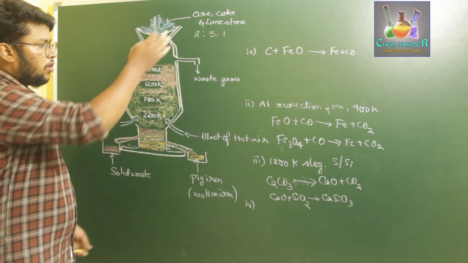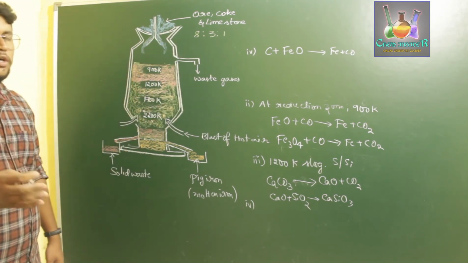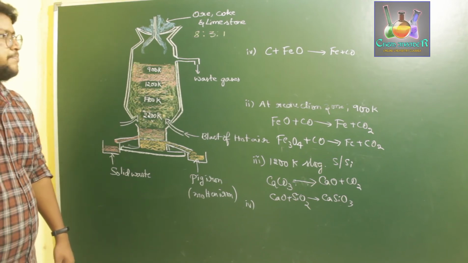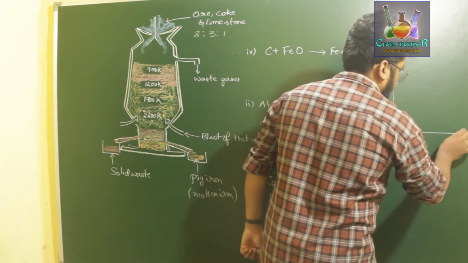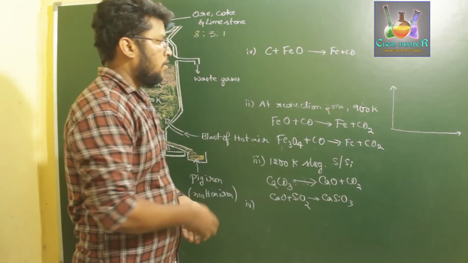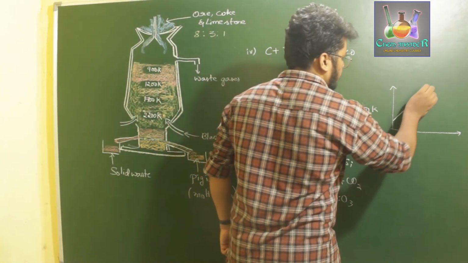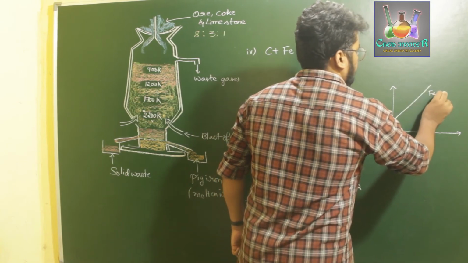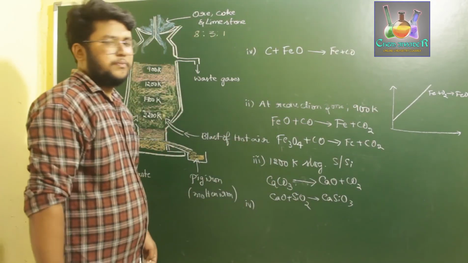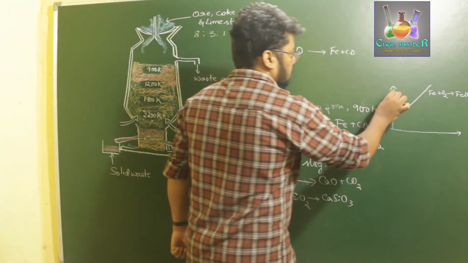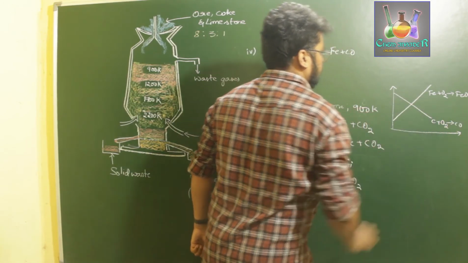Now how are all these reactions going to take place? This can be explained by a consideration of thermodynamic stability. Let us say I am considering the reaction with a graph. At a certain temperature, we have observed that the FeO reaction is like this: Fe plus O2 gives FeO. And we have the carbon to carbon monoxide reaction in this range: carbon plus O2 gives carbon monoxide.